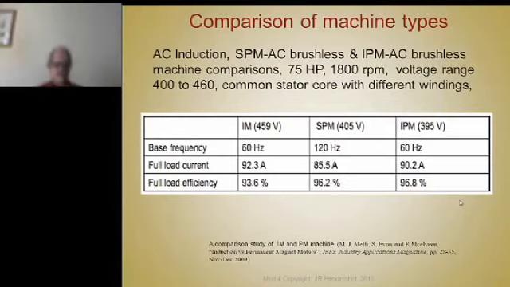It gets a reluctance torque. The IPM is really a hybrid between a PM synchronous machine and a switched reluctance synchronous machine, because it gets a reluctance torque, and that's why the full load current is almost as high as the induction motor, because you had to have extra current to magnetize